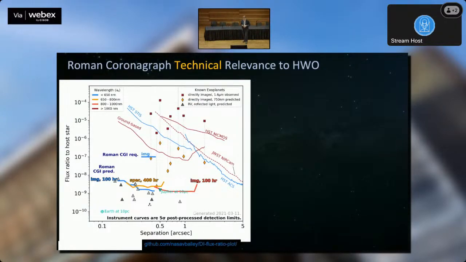So switching gear a little bit and talking really about HW and how these two coronagraphs on Raman and HW may compare. You ask, what's the technical relevance of Raman to HW? And to answer that question, we use that usual figure of merit plot that every coronagraph uses, which is showing the planet-to-star flux ratio, or point source planet-to-star flux ratio, that you get on the y-axis as a function of separation. And as we know, most of the state-of-the-art telescopes in space and from the ground at the upper right corner of this